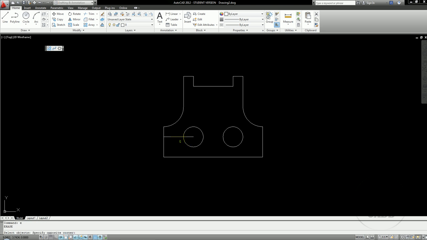And there's many ways to do this particular feature. This is just going to be the easiest way to do it for right now. Draw lines across my quadrants, and then trim out the information that I don't need. Another method for completing this would be to go ahead and get rid of this,